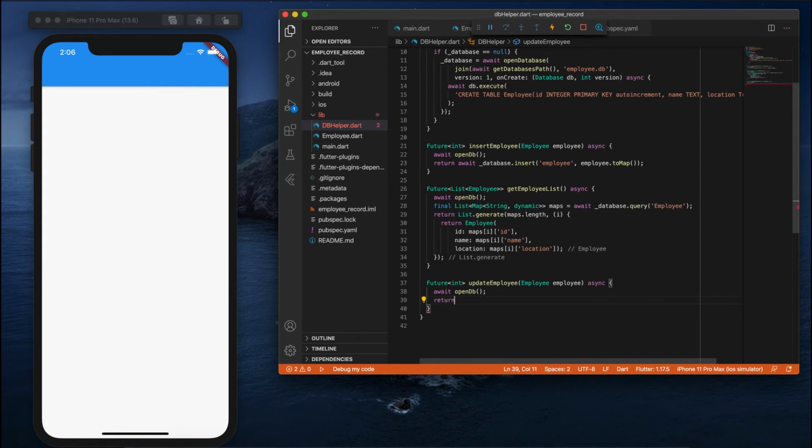So next you have to return an await function with the database dot update, and you have to pass here employee, comma, dot to map,